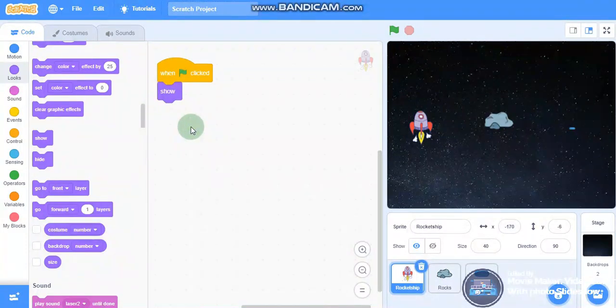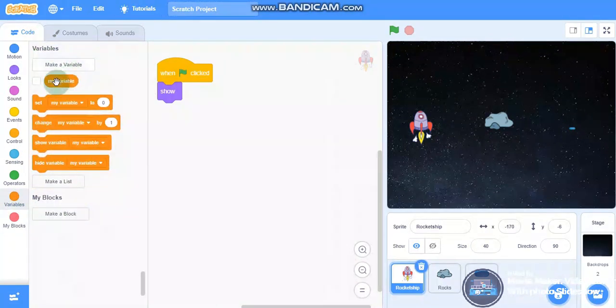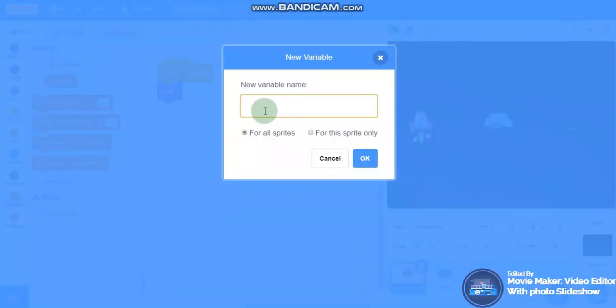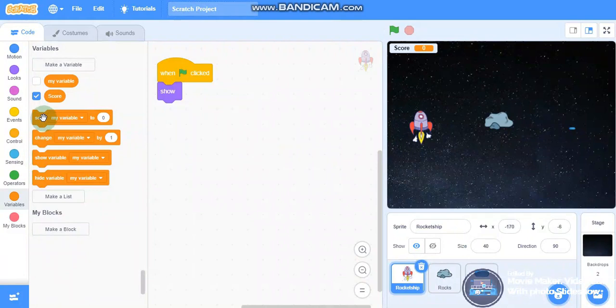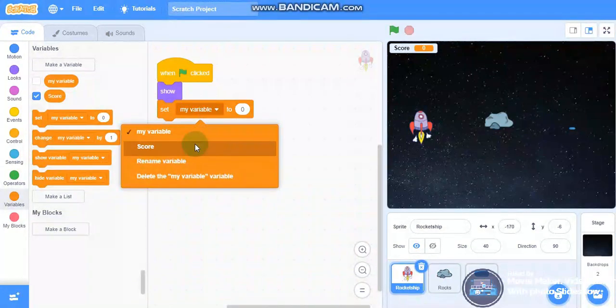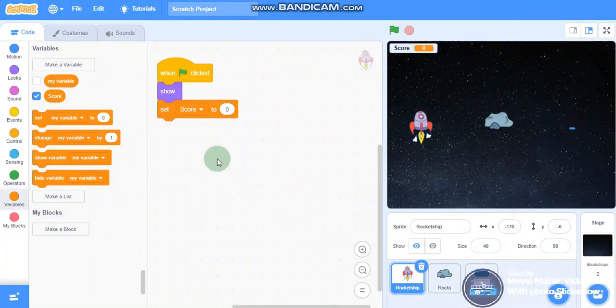Now we need a score or a point. So in every game there is a score or a point. So go to variables, click on make a variable and give a name for the variable. I am giving score. Now click OK. Here drag and drop set my variable to 0. Instead of my variable, select score. So when flag is clicked, the sprite has to show itself and set the score to 0